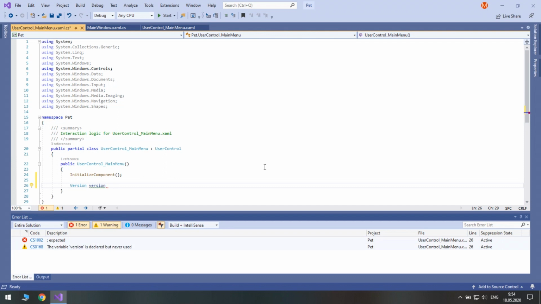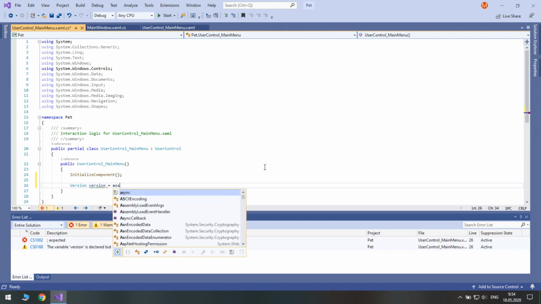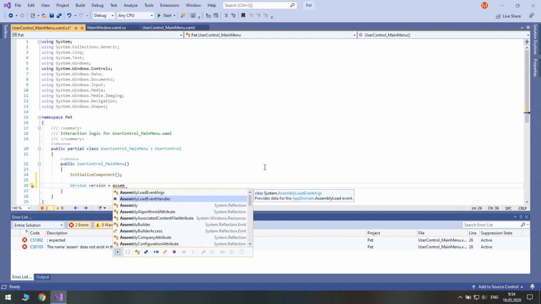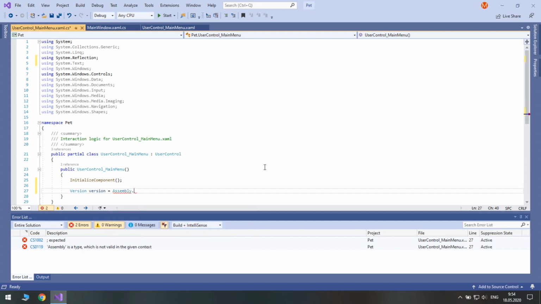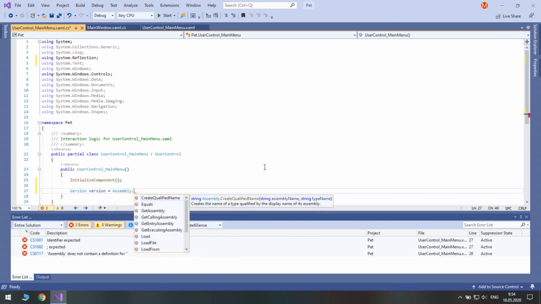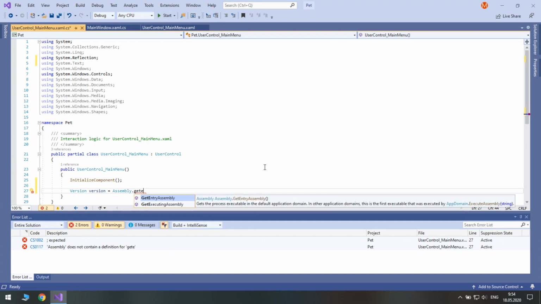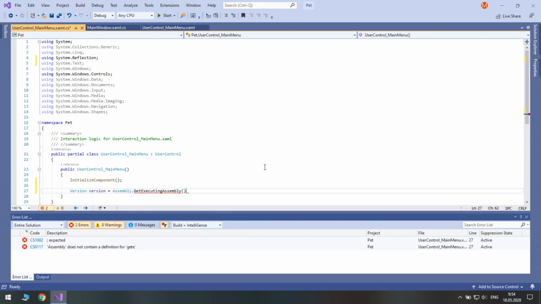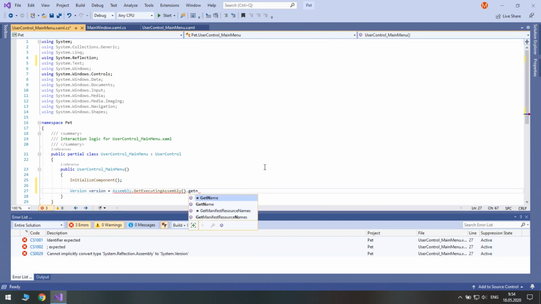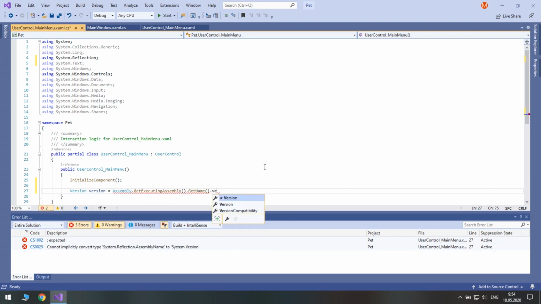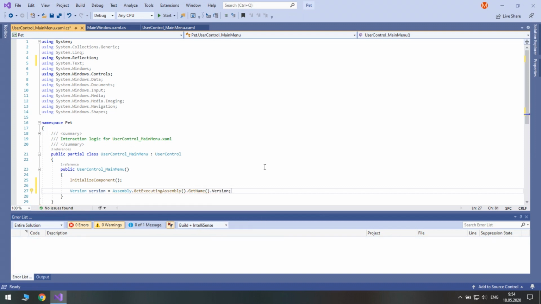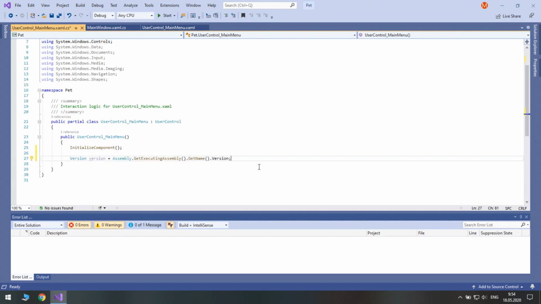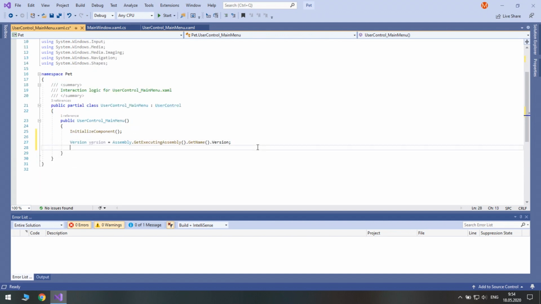First, we need to get the current version from the executing assembly. Then we need to set the version to the text property of the bottom left text block.